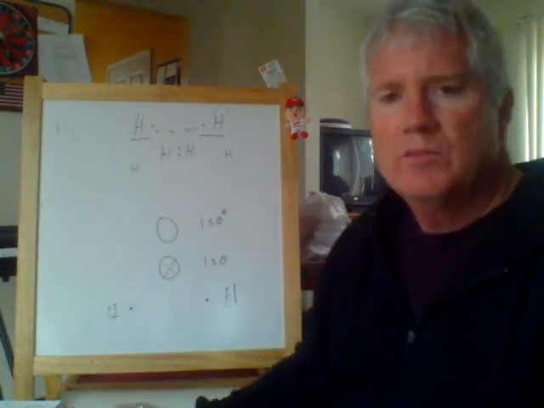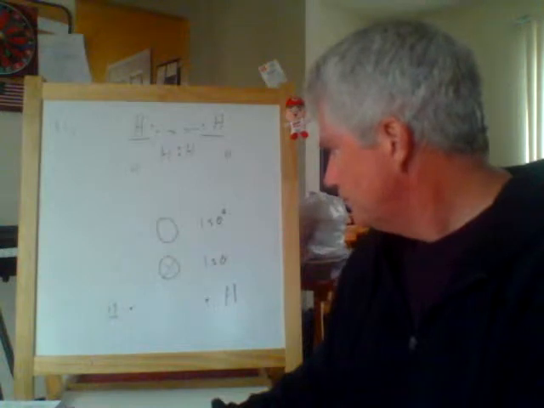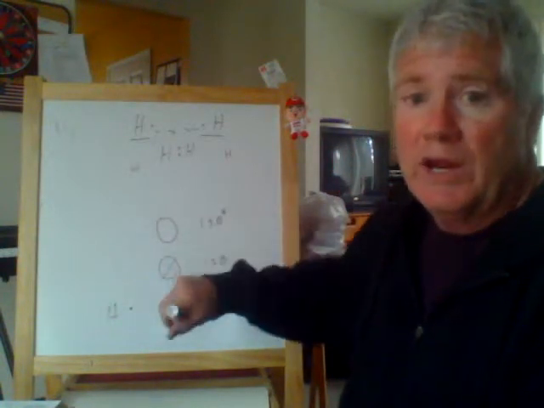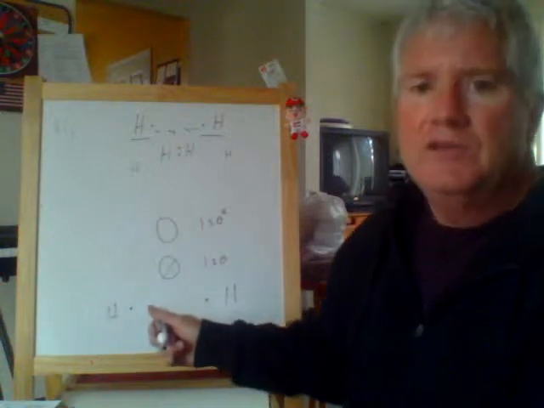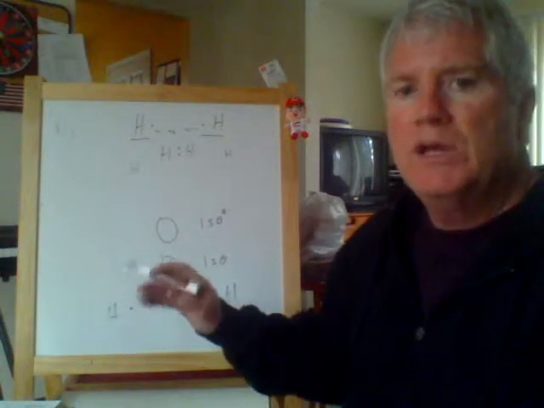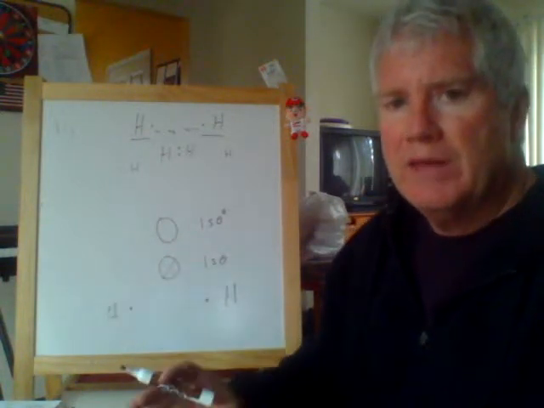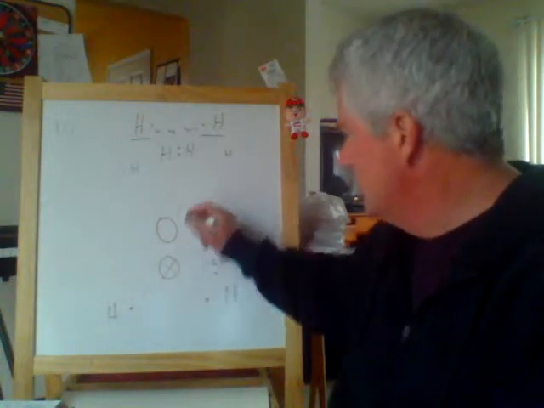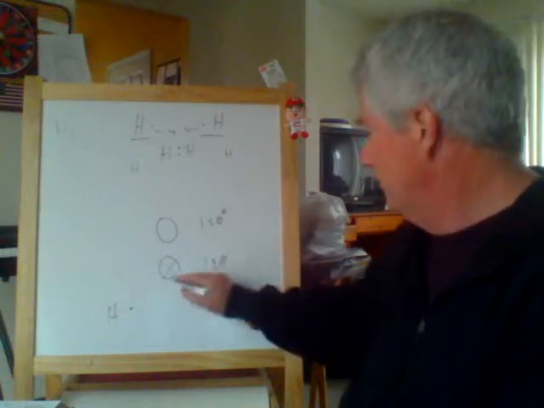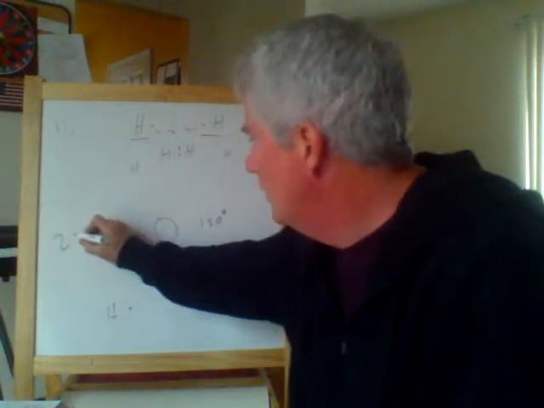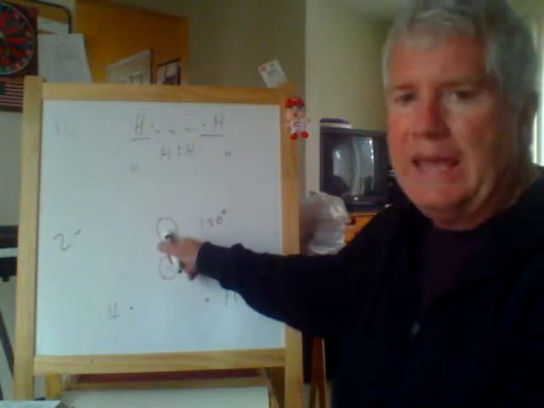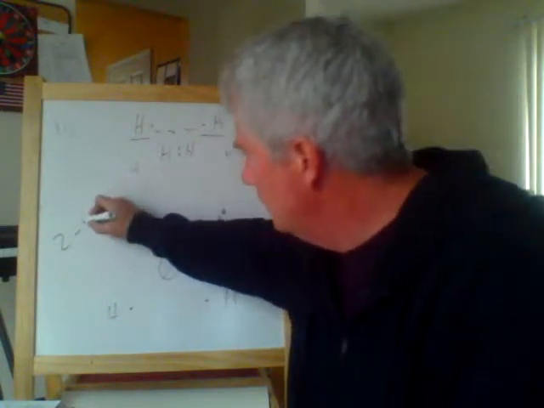All right, what's the point? Here's now the big point. We now can make a statement upon the strength of this bond, or for that matter, even the existence of this bond, by doing just a little bit of math. And here's what the math goes. Take the number of electrons that exist in bonding orbitals, in this case 2, subtract off the number of electrons that exist in anti-bonding orbitals, in this case 0,